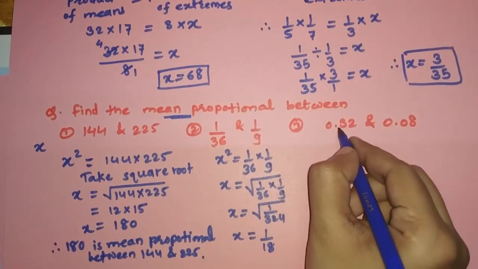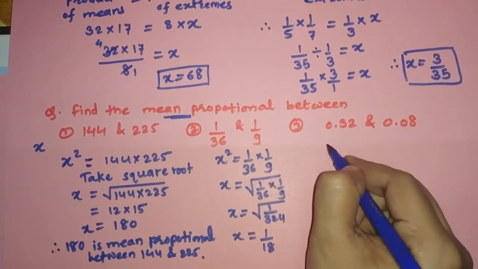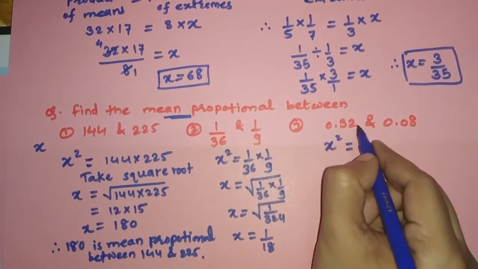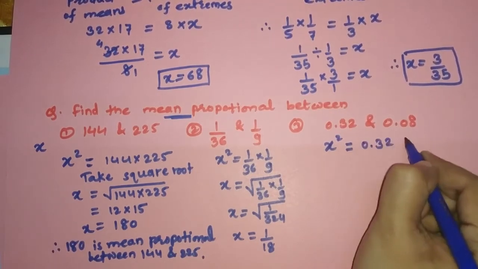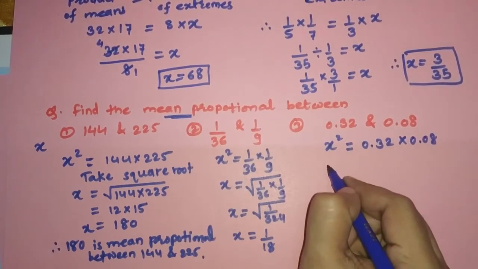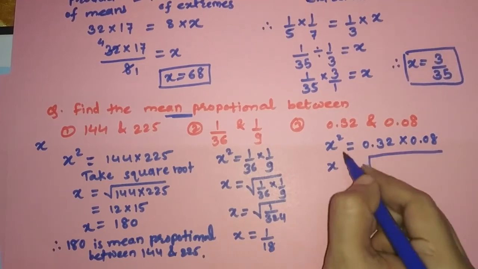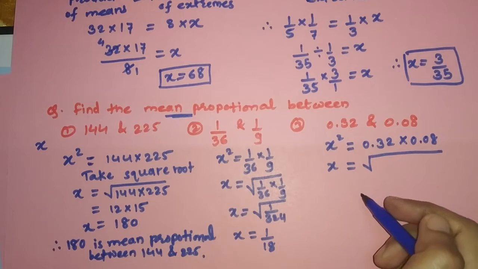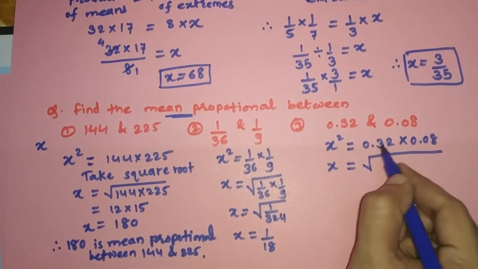Again also we'll find out 0.32 and 0.08. We need to find out the mean proportional between them. So we'll write down x square is equal to product of first proportion and third proportion, that is 0.32 multiplied by 0.08. Friends, we'll again keep them in a square root. And in order to find only x, we just multiply them. 32 8s we'll get a 256. And here we know that after 4 digits it is there.